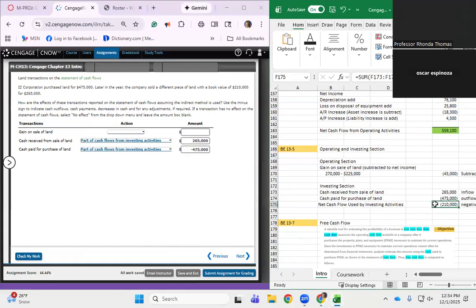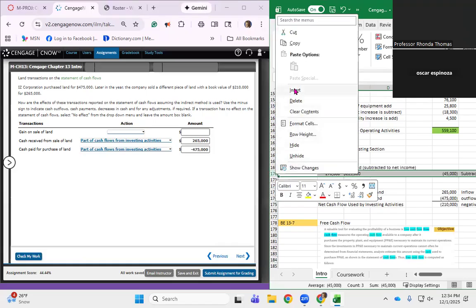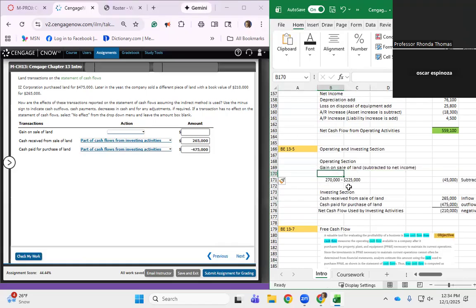Okay, so what's the difference? Okay, now let's go take care of the gain. You say, how do you know it's a gain? Because we received cash from that second piece of land. When we sold it, it had a book value. Okay, so here's what I want to show you. Let me make an extra line here because I didn't do a very good job describing this. So this is the